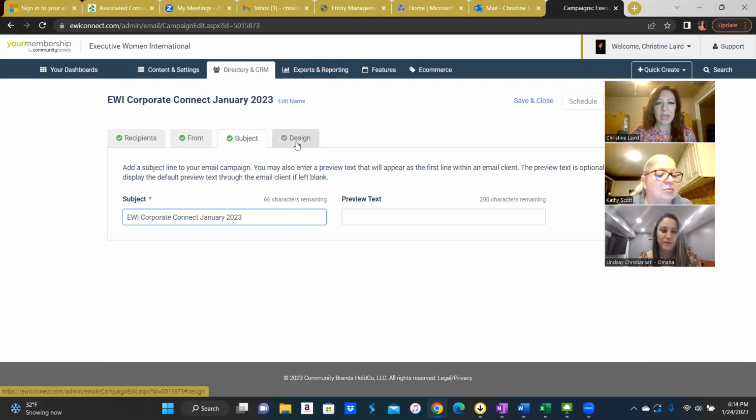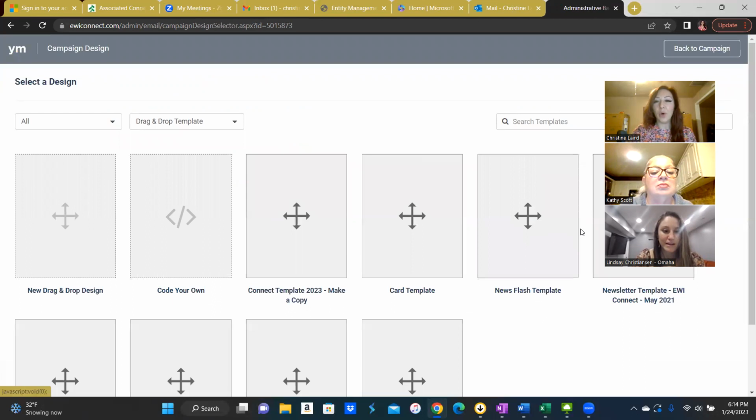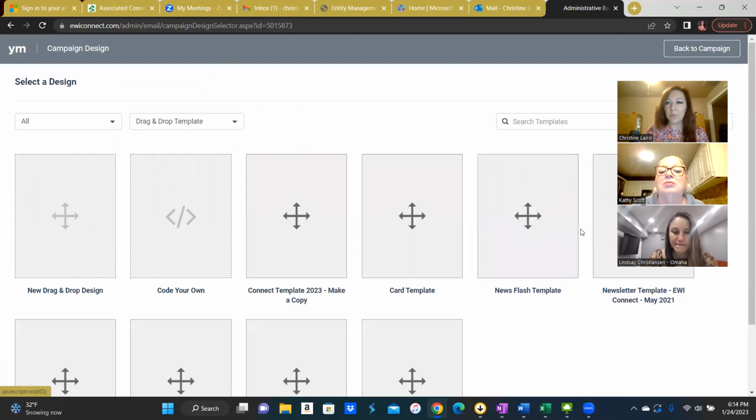So we've got our subject name, now our design. So we have a pre-built template for the Connect. It still has stock photos and things like that we're going to have to update, but the template, the layout itself will align with what we need to do. So we have here